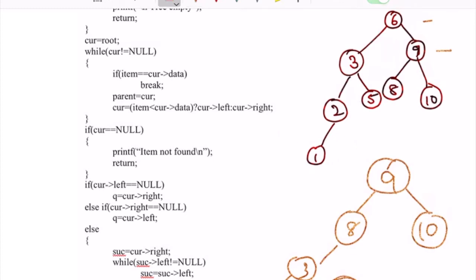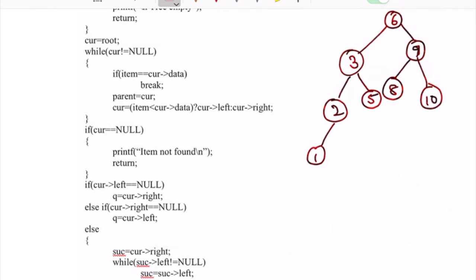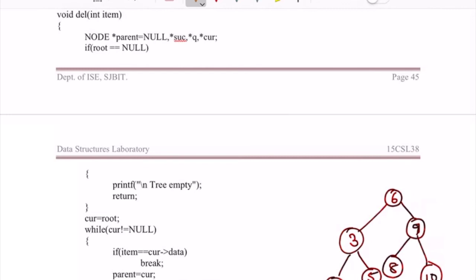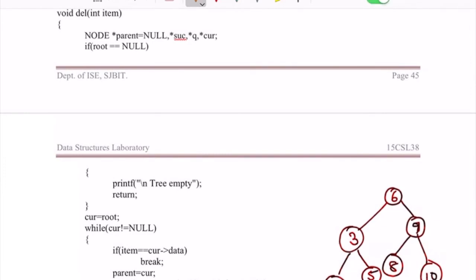Let us look at the tracing of the particular program to understand how it is done. Now we will take one scenario for the node 6. Let us try and delete the node 6. The item to be deleted is 6. We are going to say parent equal to null, so parent has been initialized to null. I am checking if root is null. Root is nothing but this particular node. The root equal to null condition fails. Root would be null if the tree is empty, so there is no way to delete anything. At that time it will just display a message saying the tree is empty.